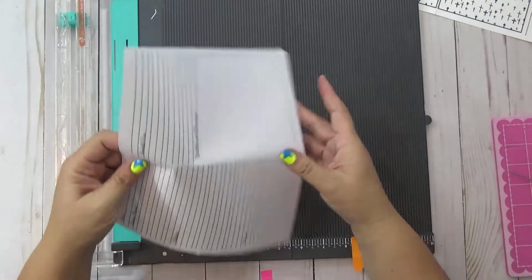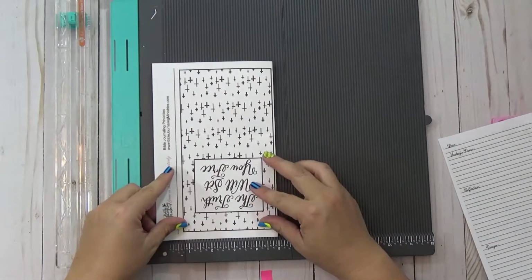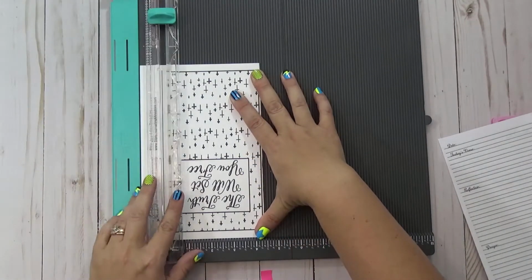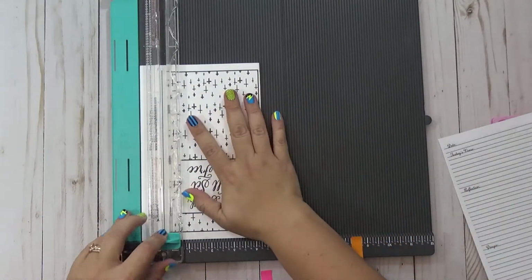Okay, so that's ready to go. The next one is going to be this one. And I'm just going to go ahead and put it in here at 4. I'm going to go just a little bit bigger, at maybe closer to 4 3/8, because I like my cover to be a little bit bigger than the insert. So either trim the insert a little bit smaller